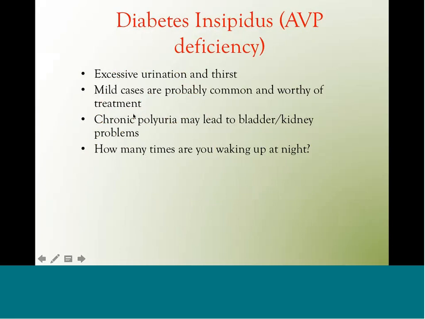The reason it's very important to treat is that excess urine can lead to bladder distension and kidney problems, and can be chronically bad for you. So this is not only inconvenient, as you have to wake up and go to the bathroom a lot, you can also have damage to your bladder and your kidneys. The crucial question I ask my patients is, how many times are you waking at night? If you're waking up 4 times a night and you had prior pituitary surgery, you definitely have good odds of having this diabetes insipidus.